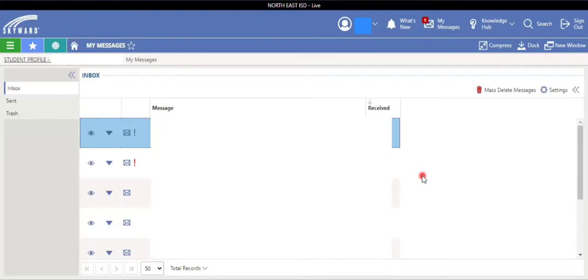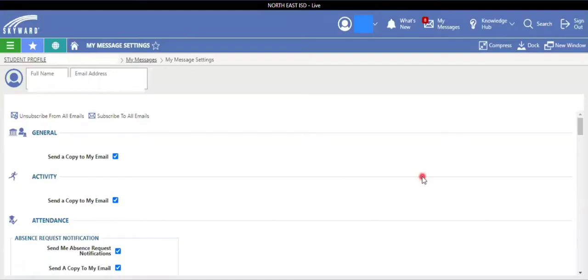So instead, what we're going to do is set it up so that it will email us instead of just sending us this message center. Click where it says Settings. When you get here, you got to read carefully. Do you see where it says unsubscribe from all emails? That means the only messages you're going to get are coming in to the Skyward only if you click on